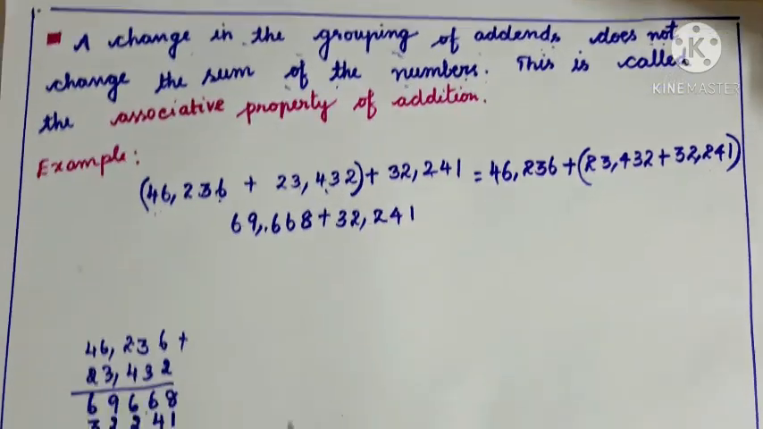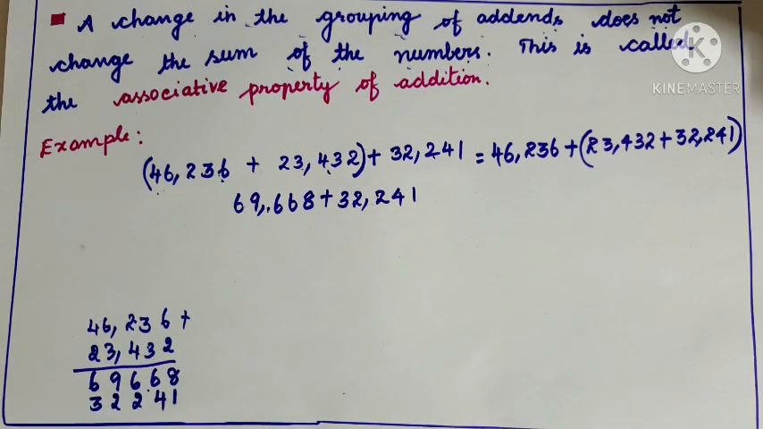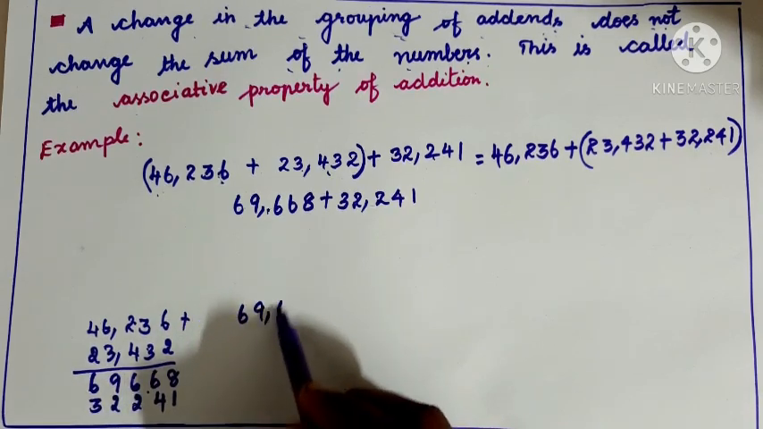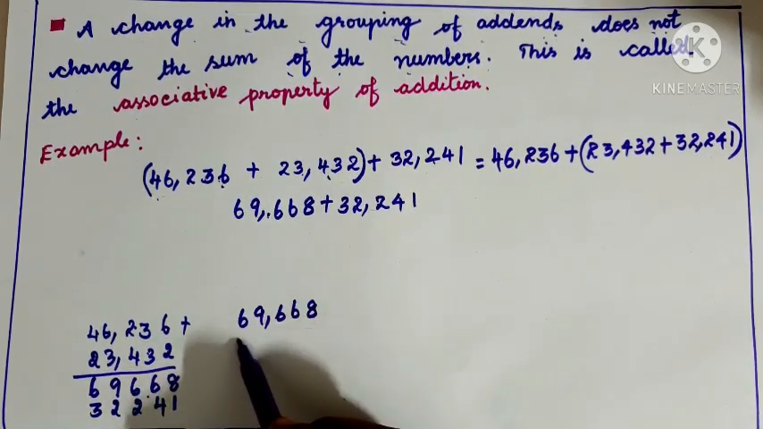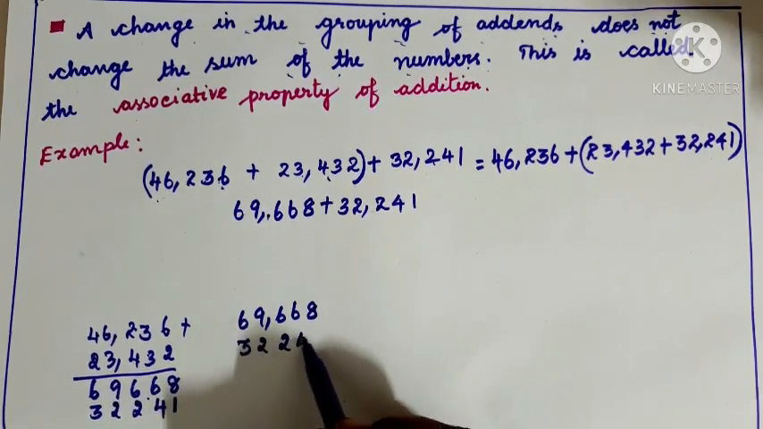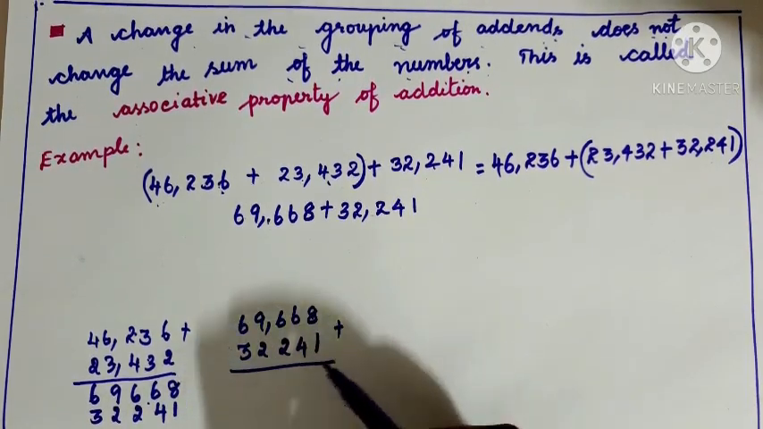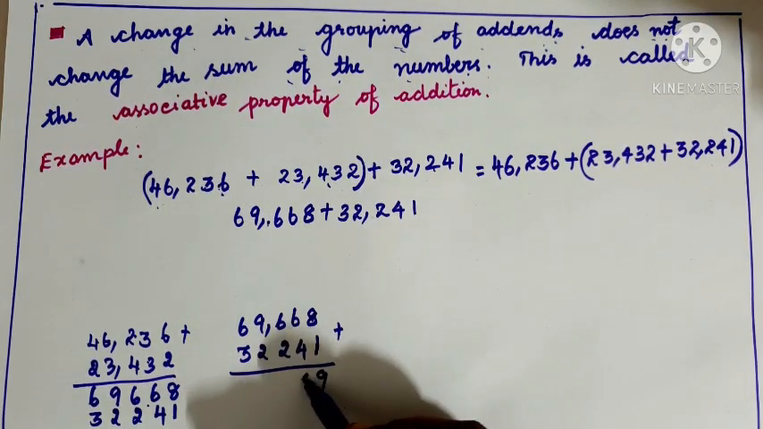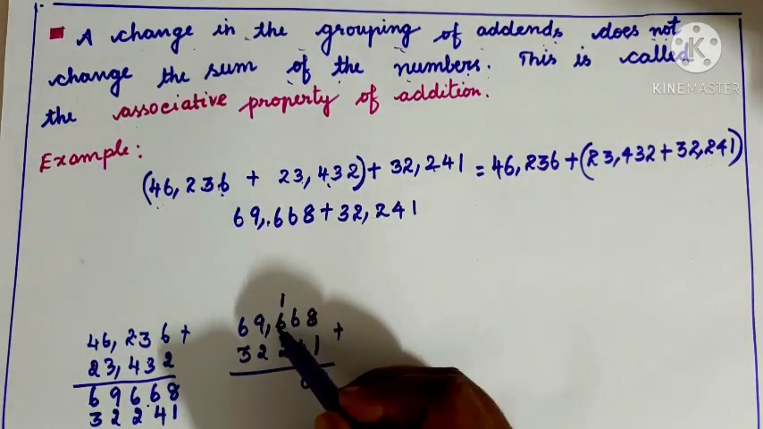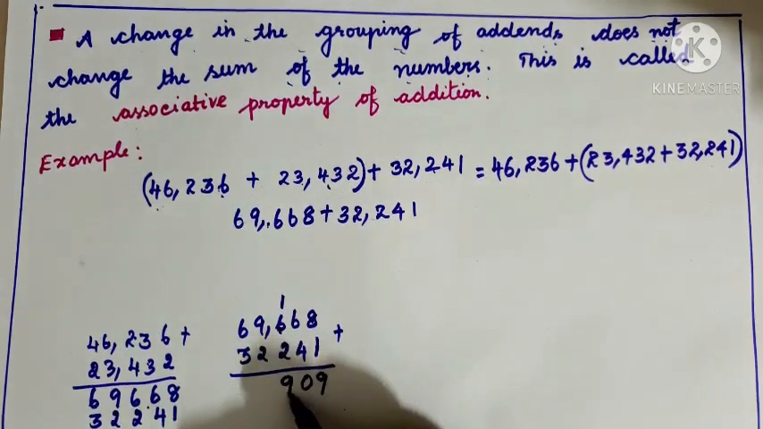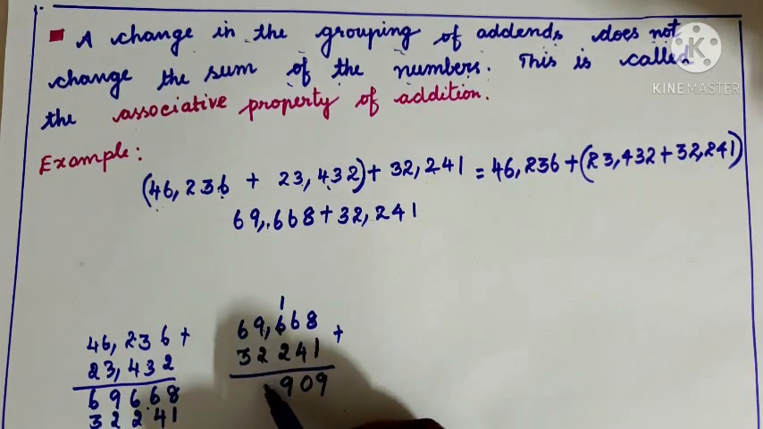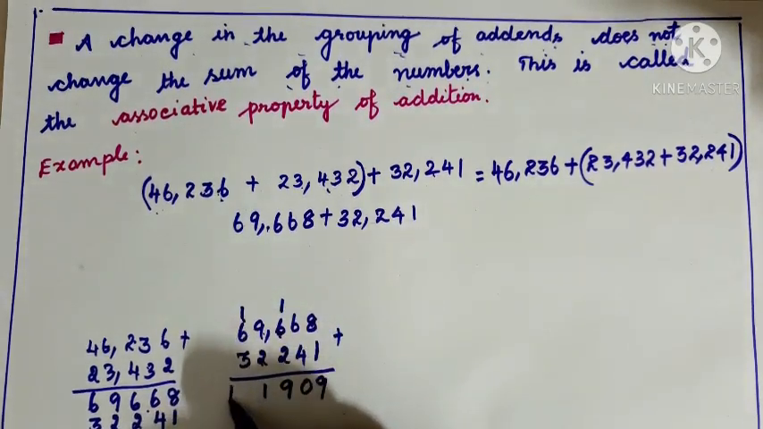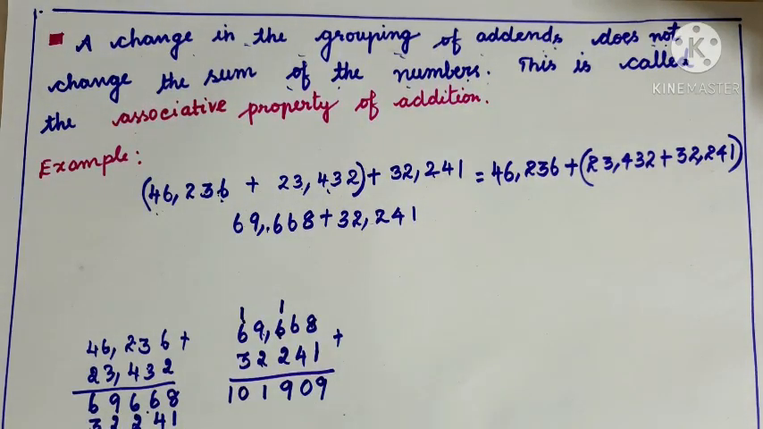I'm going to add 32,241. Is it visible? Fine. So what do you get when you add? 69,668 plus 32,241. When you add, you will get 8 plus 1 is 9. 6 plus 4 is 10. 0, carry over 1. 1 plus 6 is 7. 7 plus 2 is 9. 9 plus 2 is 11. Carry over 1. 6 plus 1 is 7. 7 plus 3 is 10. So the answer is,